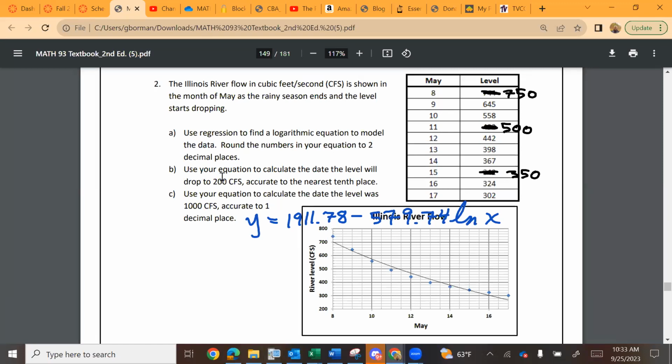So in both cases, they give us a Y value, a level of the river, so 200 cubic feet per second, or 1,000 cubic feet per second. And so they give us these Y values. They say, go find the X value. Go find the day when we expect the river to be at that level,